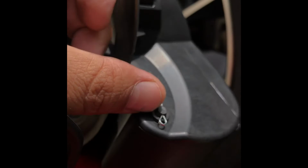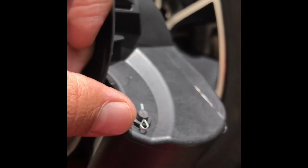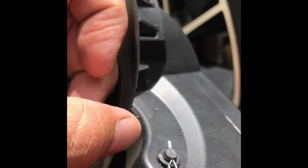So this is how it is. It just slides in. You've got these four pins holding it together, and in the videos you'll see that some people screw it in and put a screw with a little washer. My repair is to put a cotter pin, and that'll be permanent. There's no way this thing is going to come loose. I still have to turn it to lock it in. Right now, just to show you what I did,